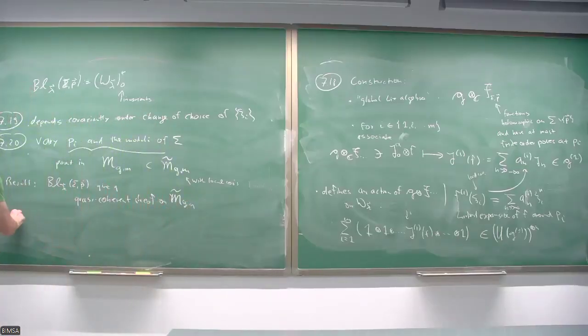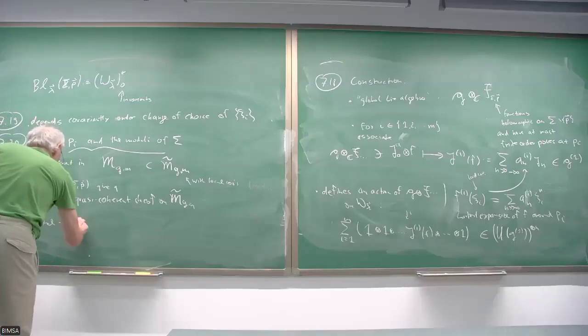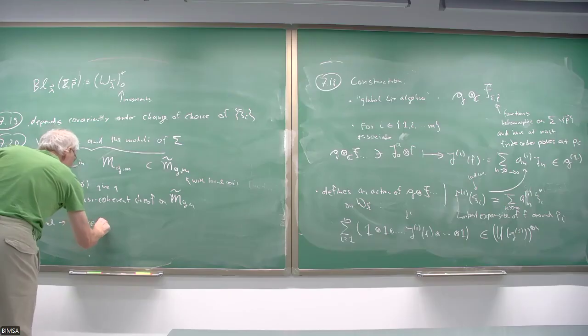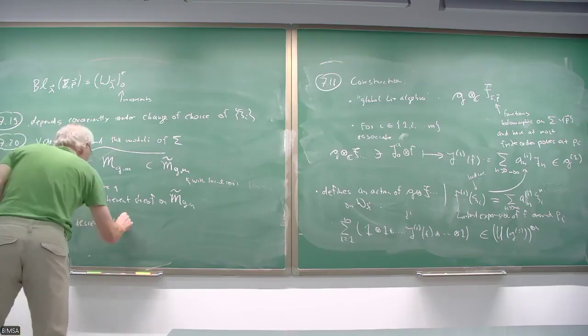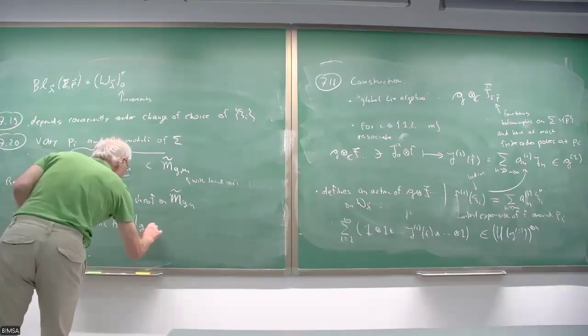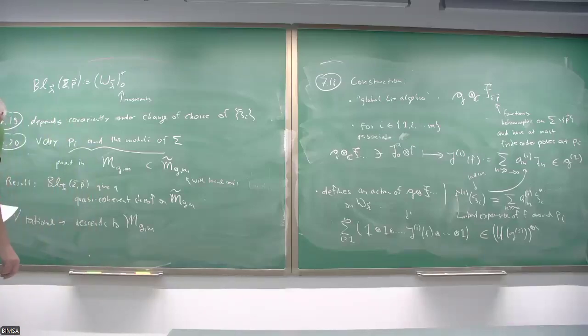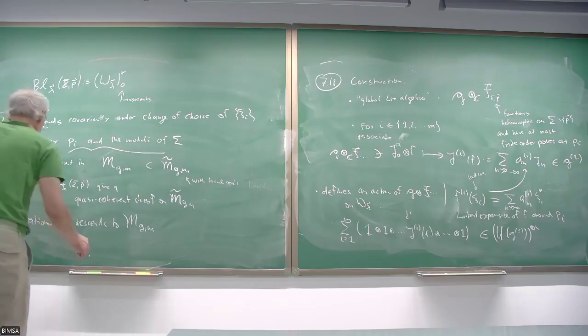And in case that V is rational, then this descends to this small moduli space. I can ignore the local coordinates, and then